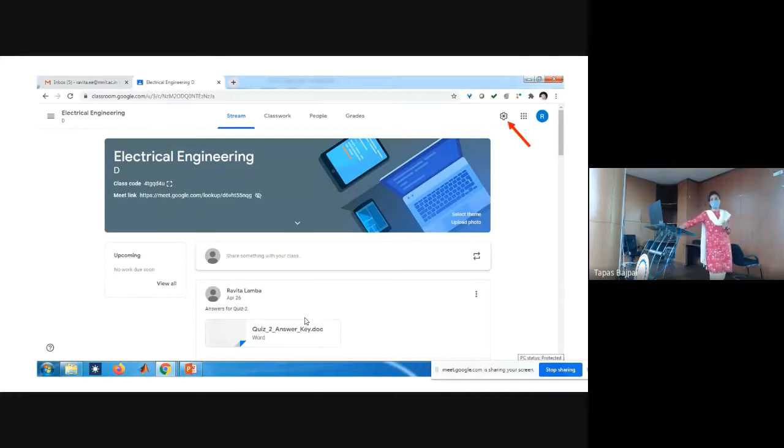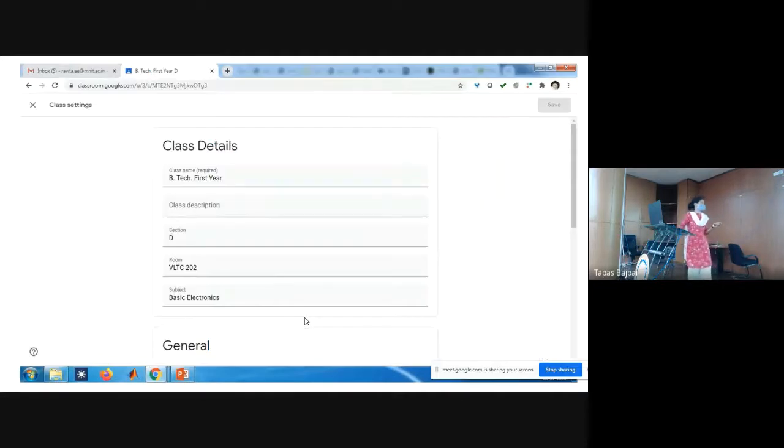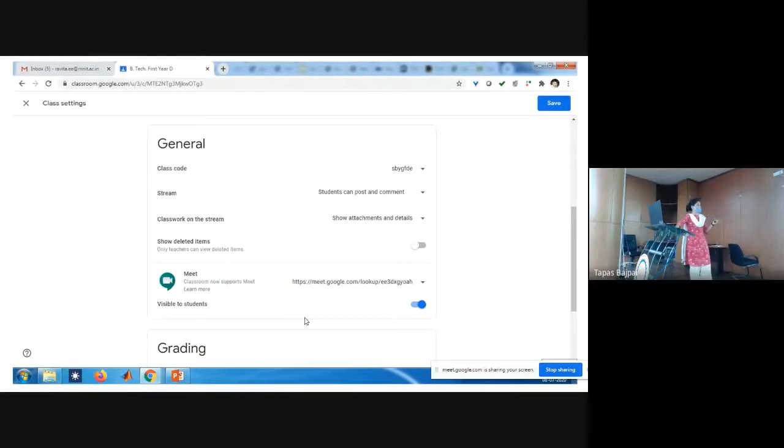settings. These are the settings for a particular class. These details are generated when we created the class the first time. These are the class details, and then these are the general settings, like the class code, stream, and classwork on the stream. These are the different options. This is the Google Meet link here.